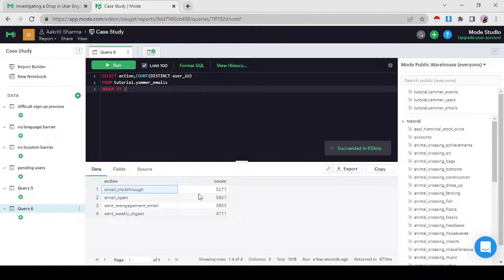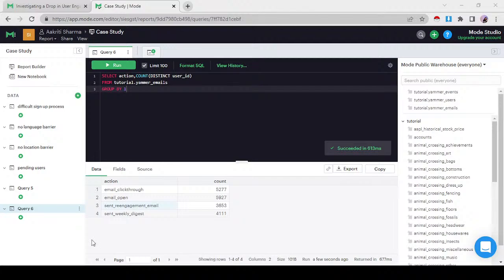So that might be one thing which the company could work on, the re-engagement mails. But then they also need to make a trade-off, that they don't want to spam their users, at the same time they want their users to come back to their platform. That is always there. Once we get each count,